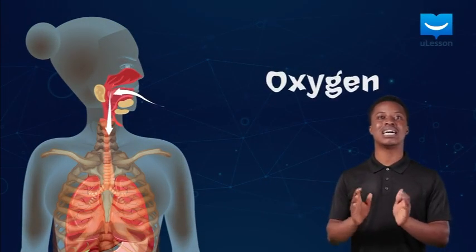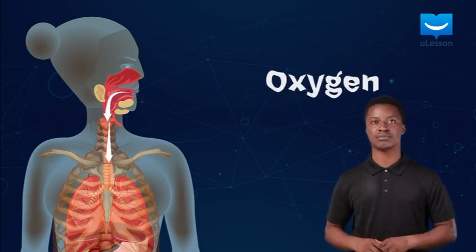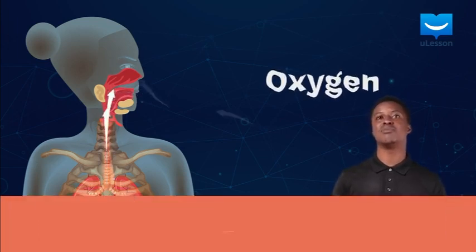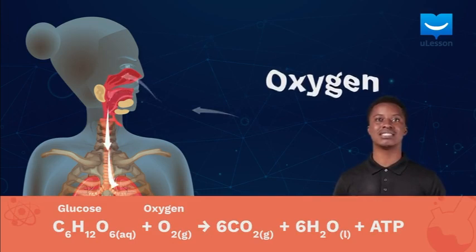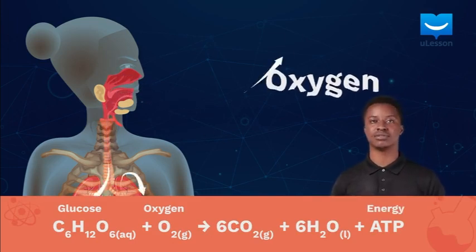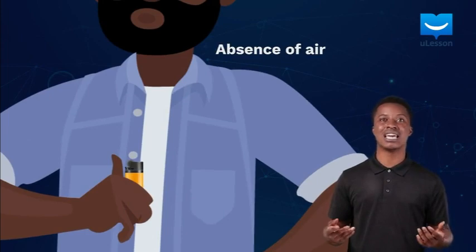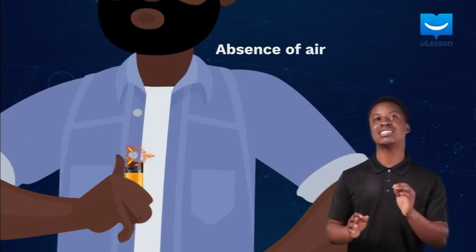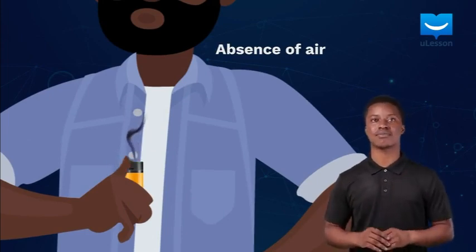The oxygen present in air sustains humans and animals because we breathe in oxygen. It is used by our body to oxidize food substances in order to release energy. Also, oxygen is the primary substance in air that supports burning. In fact, without oxygen in air, we would not be able to sustain the flame on a lighter.